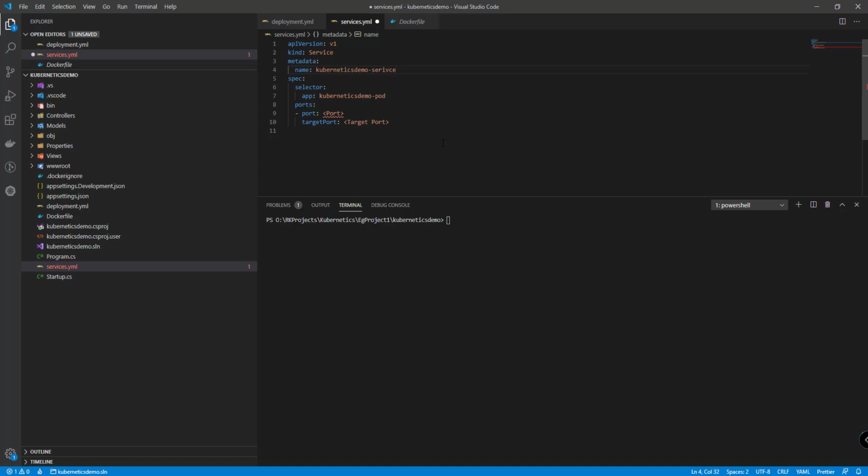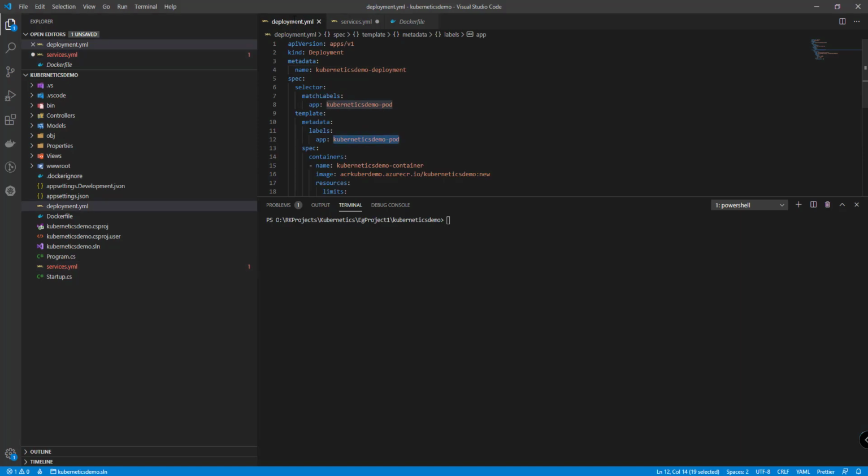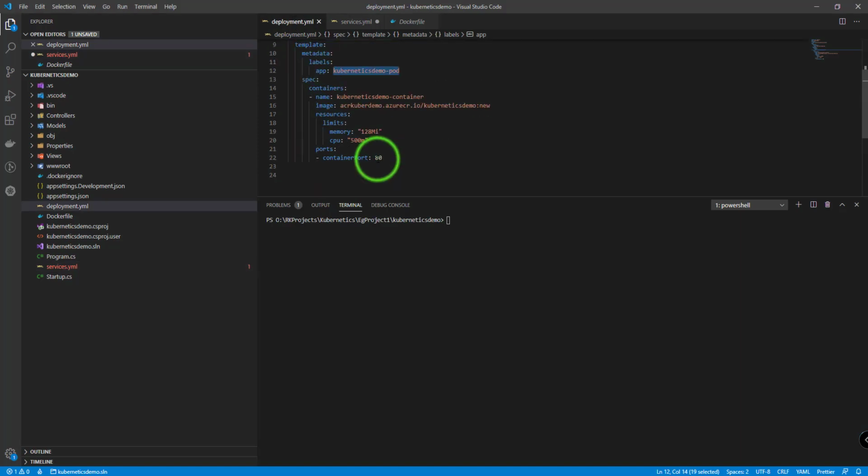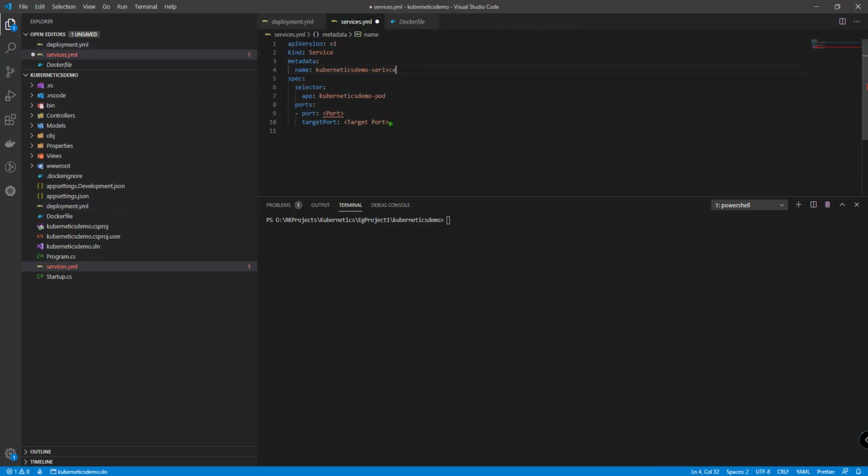Now let us set the port. We have a target port, where the target port of our container is set to 80. To answer external calls for our ports, let us set a port here, 2020.